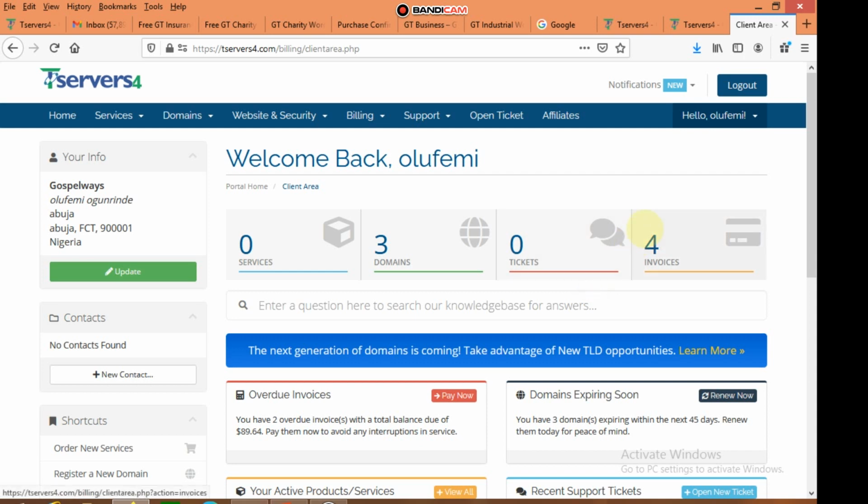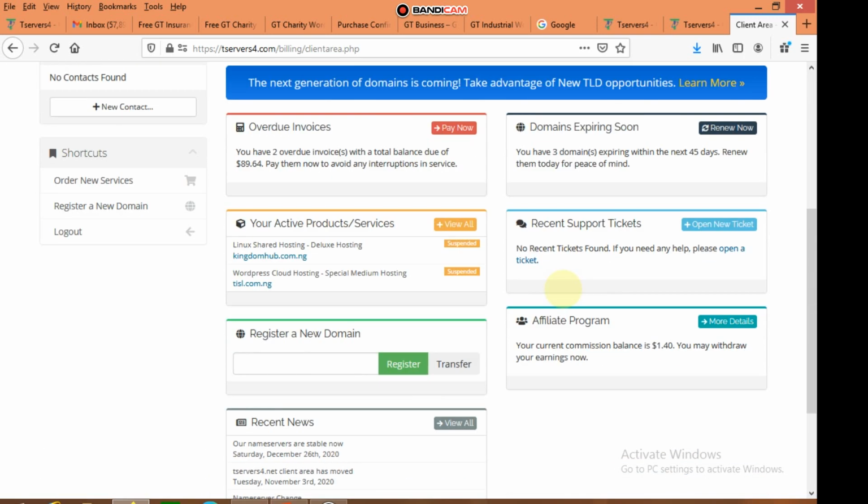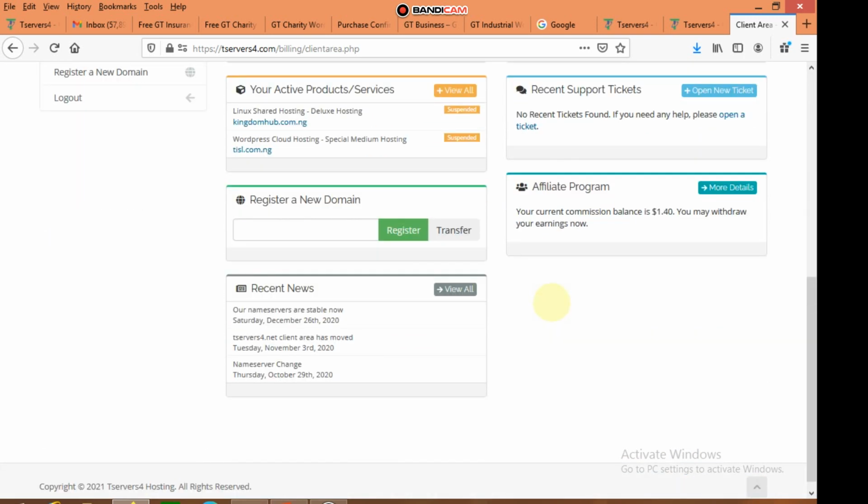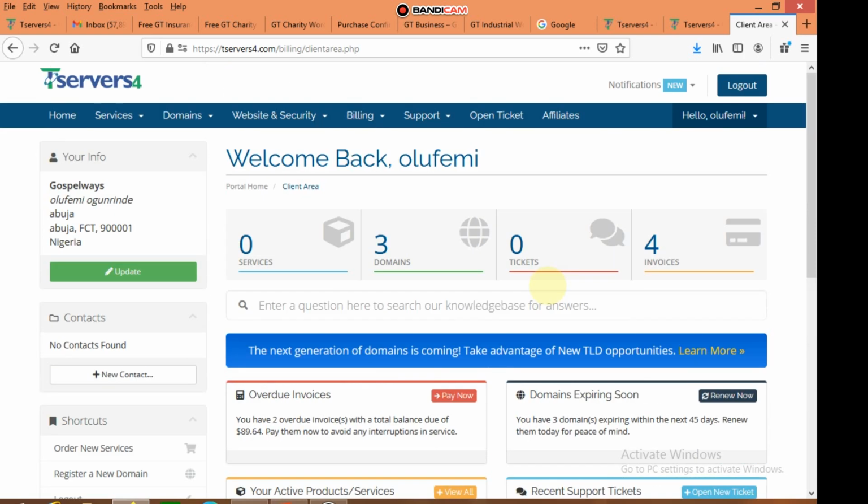Actually, we don't want people to have client area registration without purchasing either a domain or any of the hosting, so that's why it's not possible for you to have a link for registration, except in the course of finishing. If you are signing up for a package, at the latter end, before you do your payment, you are going to be privileged to create an account. They will know at that point you are paying for a service or a domain, and that gives you access to a client area like this for security purposes.